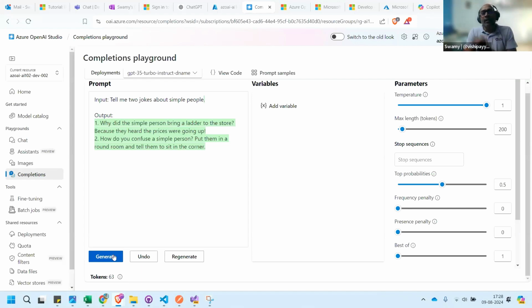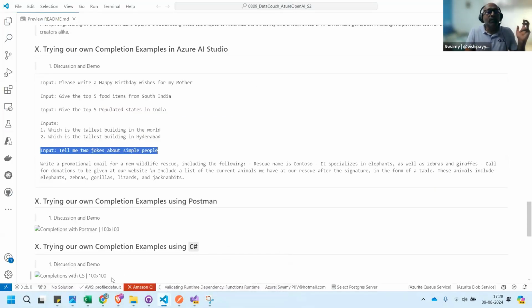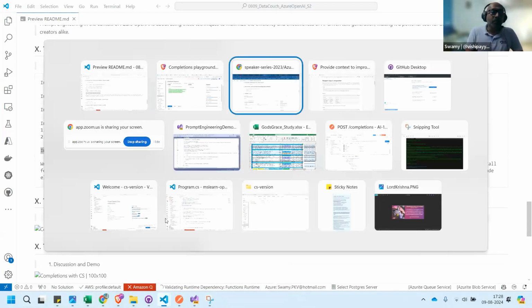So, is there a use case where we want to use the temperature at the max? Yes, definitely there is a use case where we have to put this to work. Let's see that in a minute.